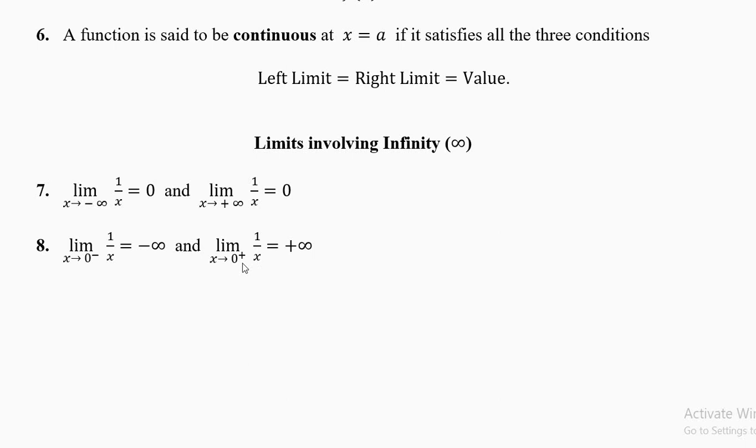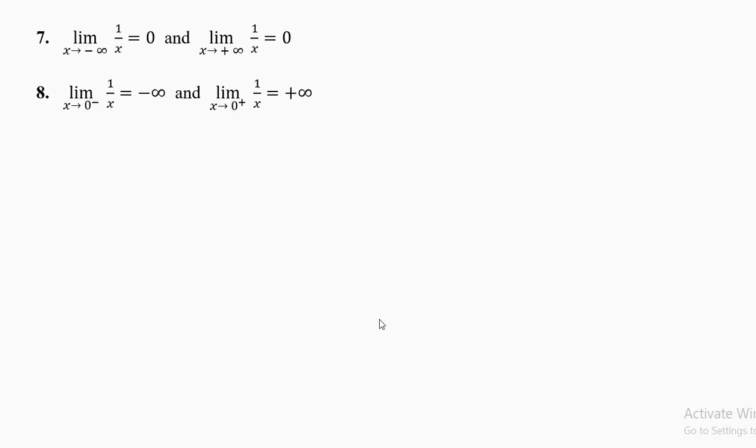If that small number is positive, you will get plus infinity. If that small number is negative, you will get minus infinity. So if x is 0 minus, if it is less than 0, like minus 0.0001, you will get a number like minus 10,000. Now if it's a positive number, but a very small number, 0.0001, you will get 10,000. That's it. These ideas will become clear when we do the questions.